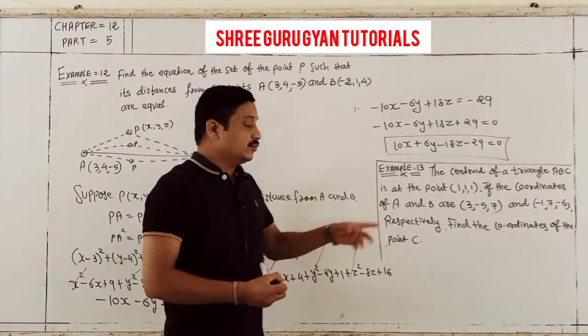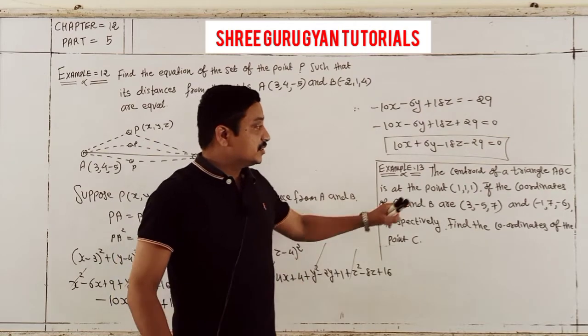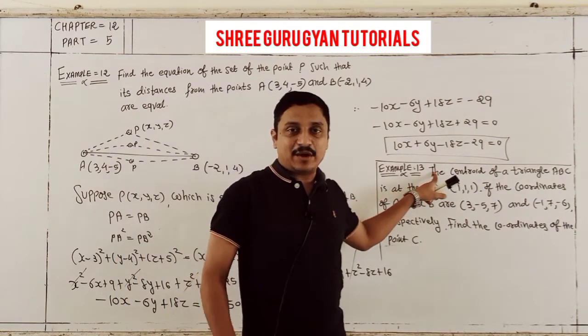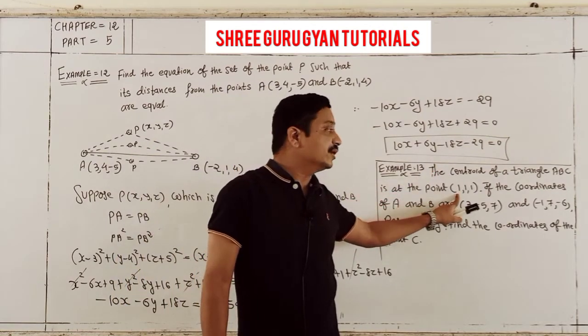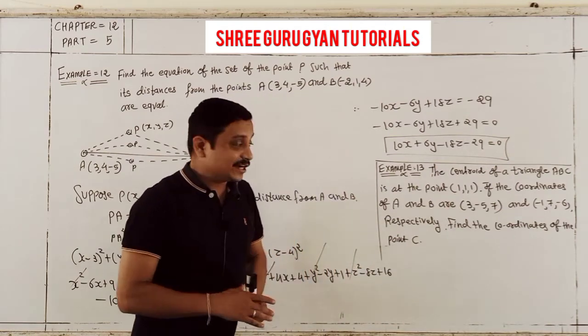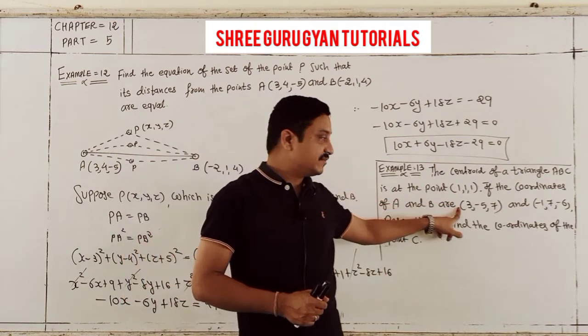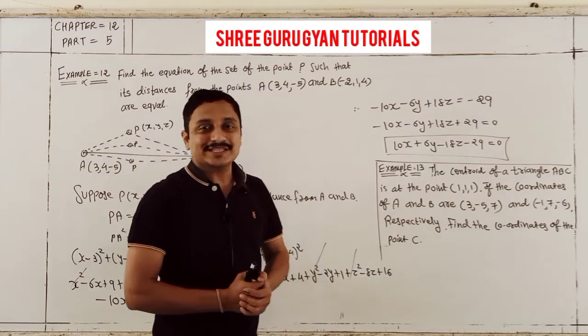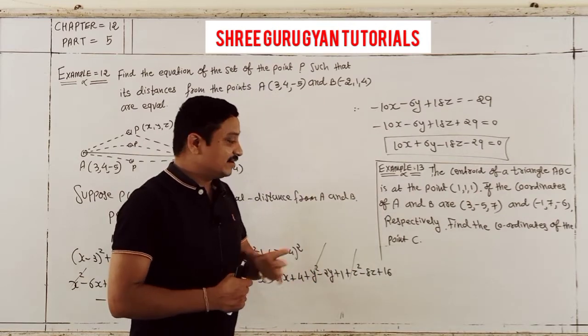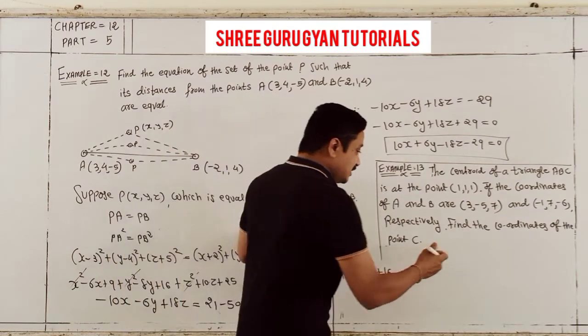Now students, continue. Example number 13. The centroid of a triangle ABC is given as 1, 1, 1 and two vertices are A 3, minus 5, 7 and B minus 1, 7, minus 6. Then find the coordinates of C. So students, in the triangle,